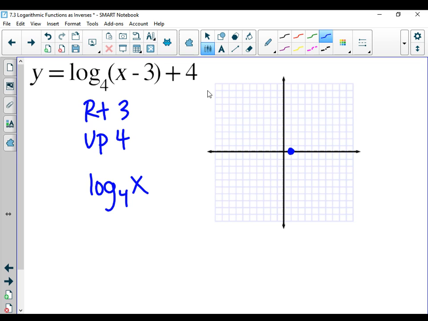So with all of your parent functions, you're going to have that point (1, 0). Because if I plug in log base 4 of 1, of course it's going to be 0. 4 to what power gets me 1? 0. So for every problem, no matter what the base is, you're going to have that point (1, 0). For every problem, no matter what, you're also going to have,